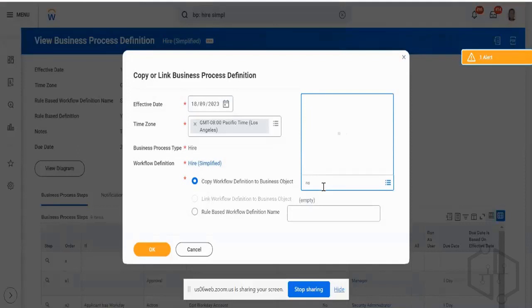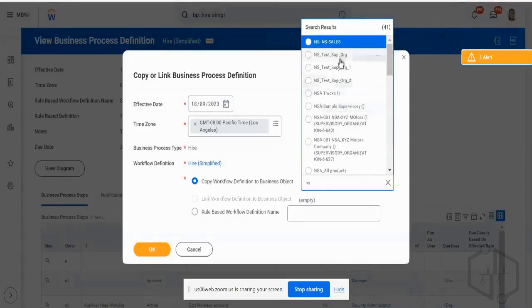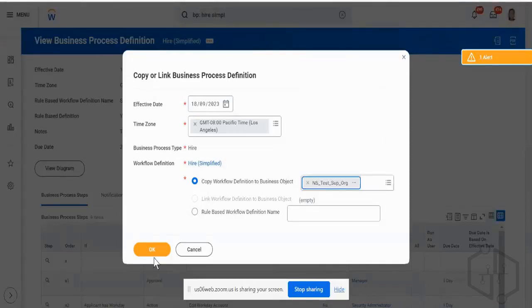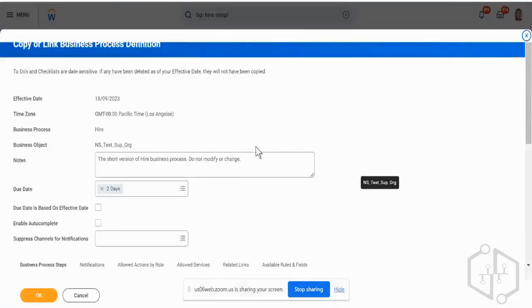So I'm just putting one as NS test support. I'm just putting it as the current date today. So it should work. So you'll be able to hire one for your supervisory organization effective today. So I think that is the reason why it was not allowing, because your supervisory organizations were dated probably